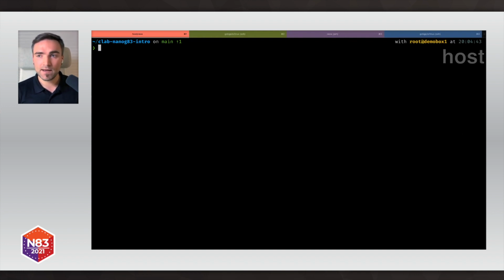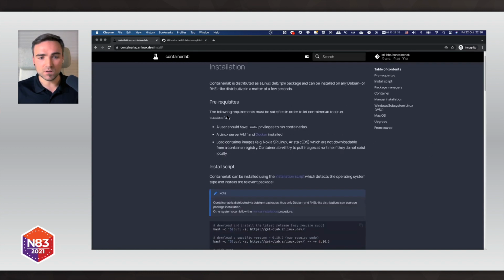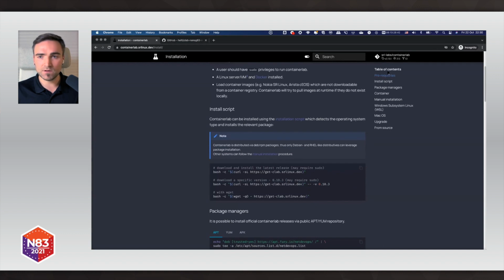So what I have here is the virtual machine that runs Ubuntu Linux. It has Containerlab not installed yet. It has Docker installed though, which is the only prerequisite that you need to have to run Containerlab. So I wanted to first show you how easy it is to install Containerlab. To do that, you go to the containerlab.dev portal, which is our main documentation portal with lots of information around Containerlab. And here you will have the installation tab that will show you how to install Containerlab in all the different